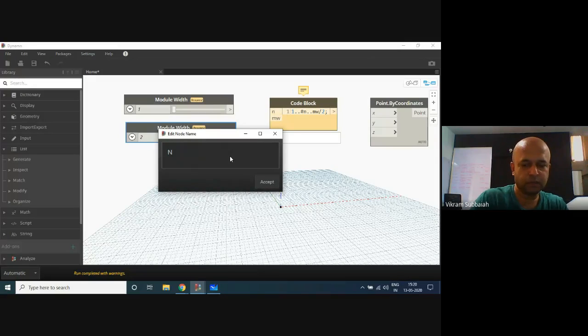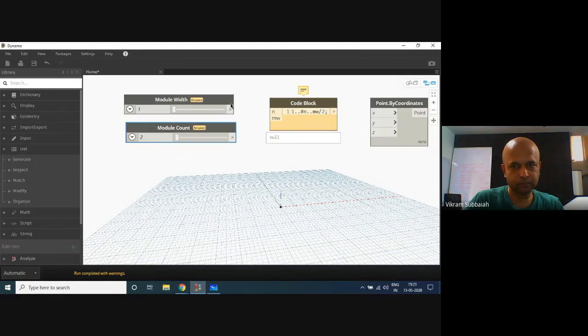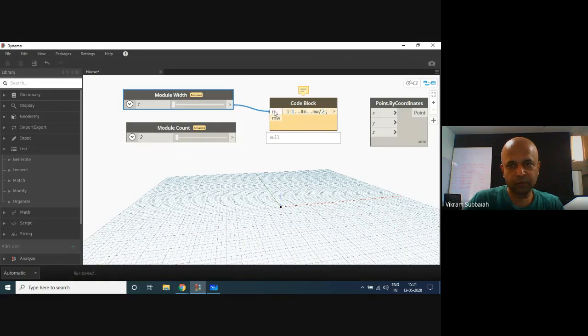Let's see, module count. If I want the module width to be 1 and module count to be 2, is this right? No, I'm getting something wrong. What is wrong? Module width will end up being 1. The number of points should be into 2, is it?